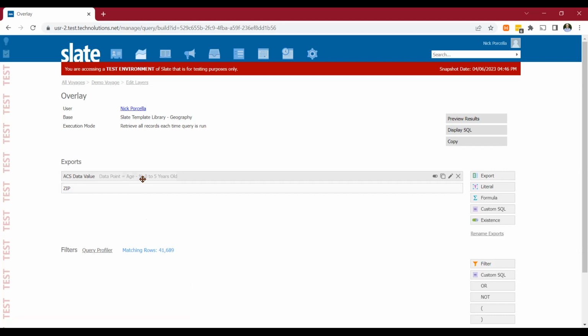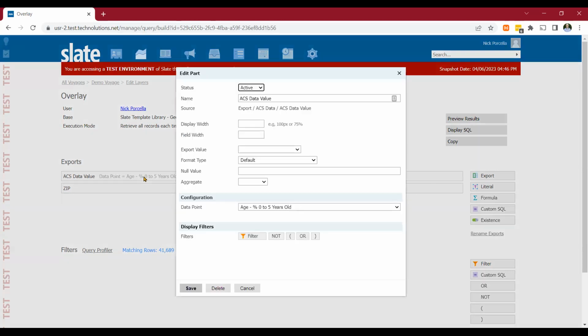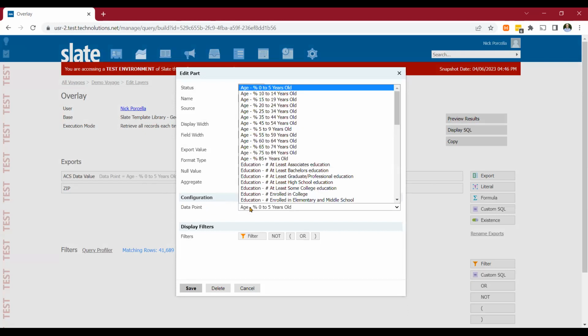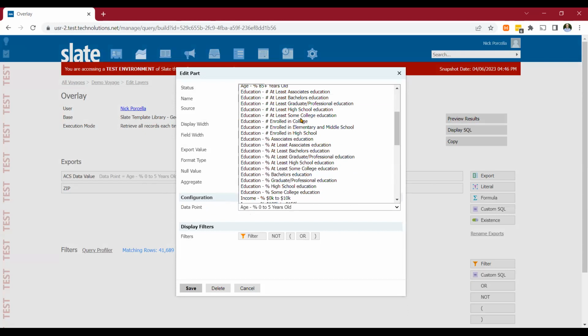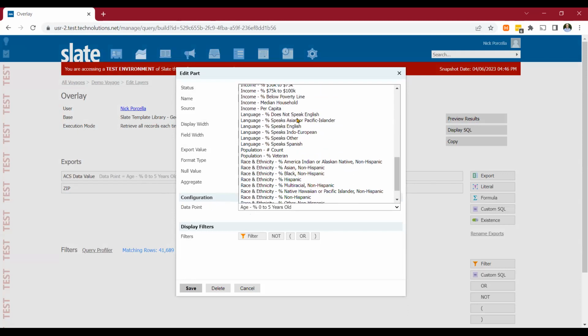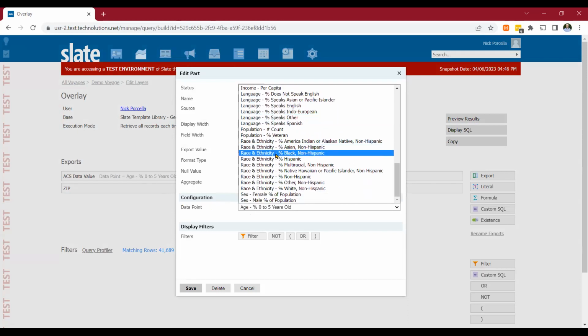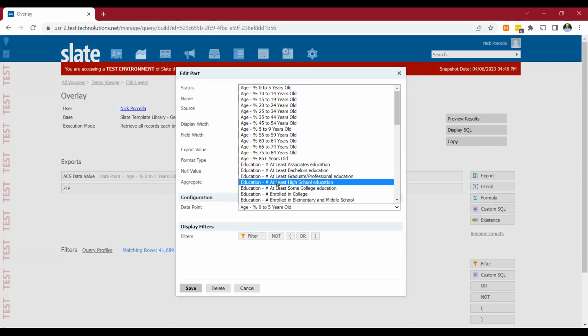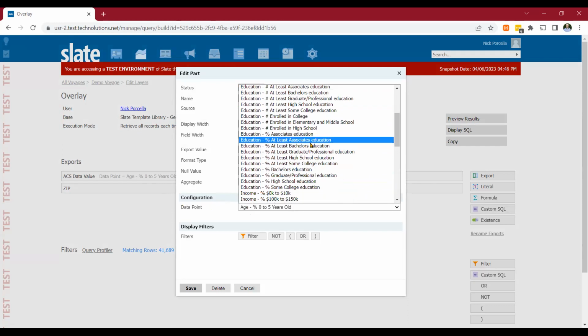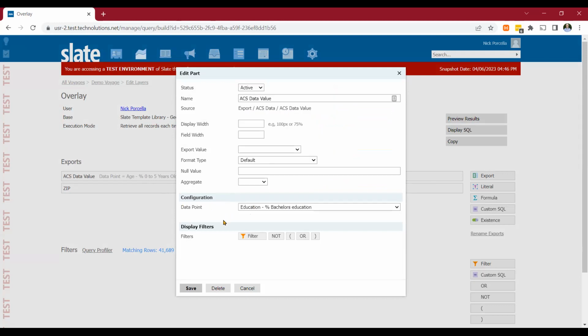If I click on this and double click and I hit save, that technically is all I need to do to configure. But if I want to configure something else, you can see the configuration is just trying to ask me to specify what data point am I hoping to visualize. You can do age, education, income level, language, population, race, ethnicity, and sex. Any of these could be helpful. I think one that we see from a lot of folks is education level. If we are selecting education % bachelor degree,